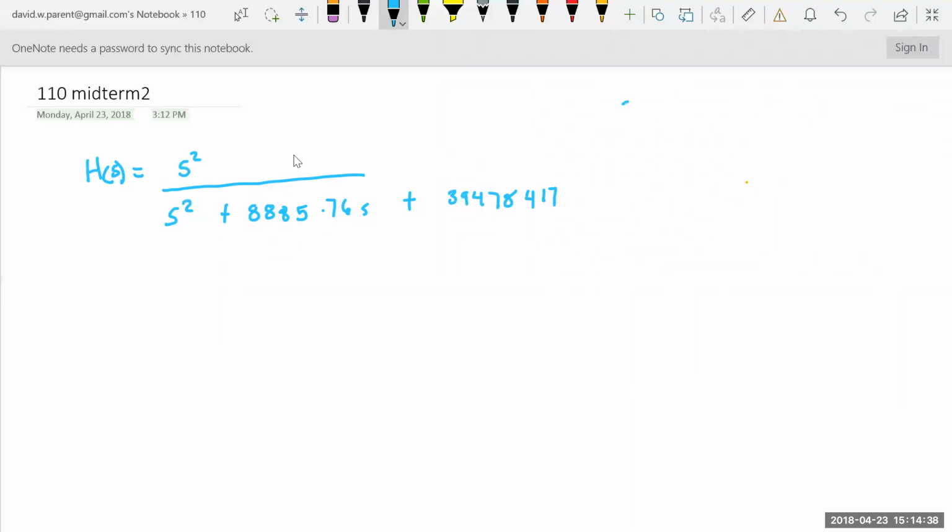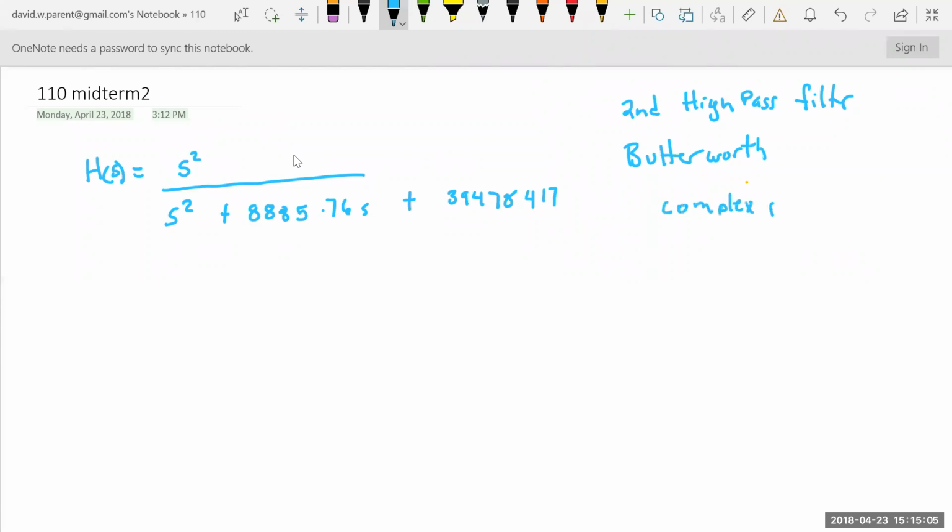And I tell you that it's a second order high pass filter, but I also say that it's Butterworth. Now, Butterworth filters, we're going to get into why later, but